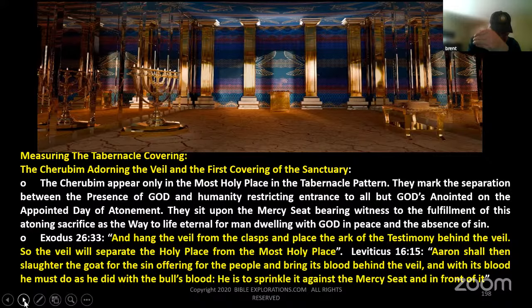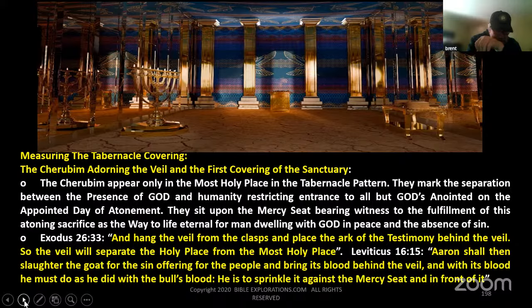So only in the most holy place do you see cherubim behind you, cherubim in front of you in the ark, cherubim above you. In the holy place, you see them all in front of you, but behind you, although it's the same as the door to the holy place, and it's the same color as the gate to enter. So the cherubim aren't preventing you from entering there. It's only the most holy place that they're guarding the way to.